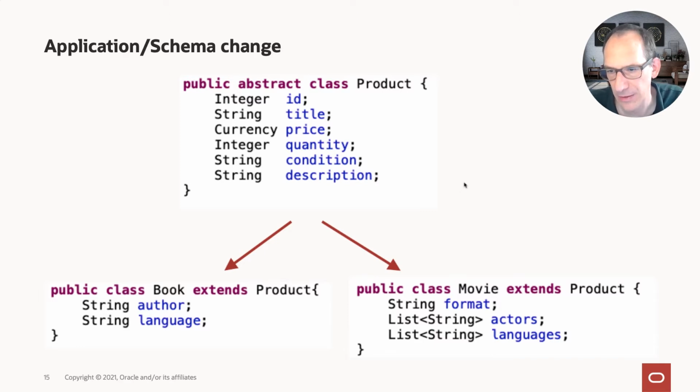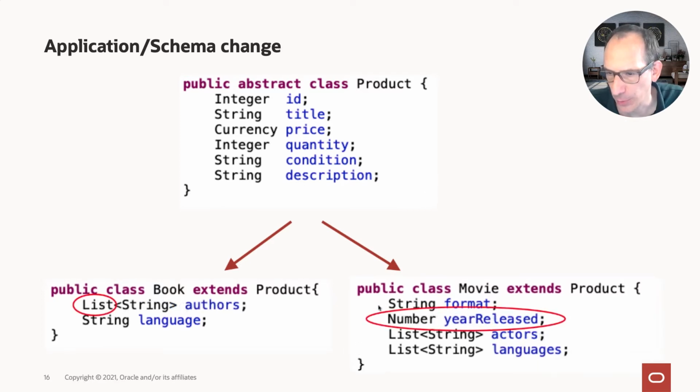And there is another reason for JSON, and this is its schema flexibility. Most of the applications are not perfect initially. There are changes, we've forgotten cases. An example here would be that we say, well, for a movie, we would want to store an additional attribute, for example, the year when it got released. And we also made a mistake on our books here. We assumed that a book only has one author, but then we realized that there are books with multiple authors. So we do have a cardinality change here. Author is no longer just a string. It's actually a list of strings.